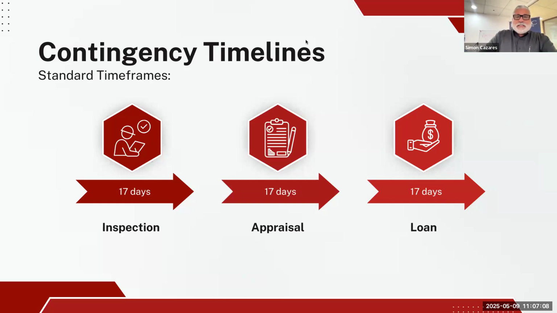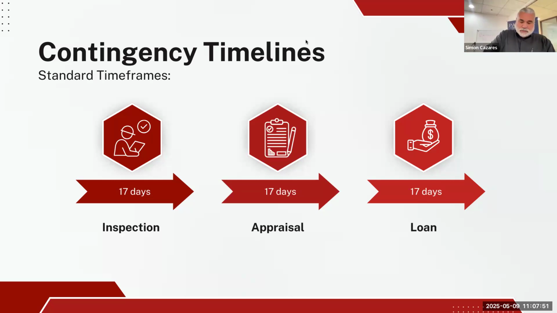Standard time frames: 17 days for inspection, appraisal, and loans. Pretty self-explanatory, right? Part of the process is, and it can also be staggered, right? Sometimes you'll see 17 days for the loan, but inspections you'll see 10 days. That's perfectly fine as long as the buyer knows they have 10 days from the time of acceptance to do any and all inspections. Also appraisal, I've seen where 17 days is not the standard, but 10 days or 12 days, as long as you and the lender know that they need to proactively push the appraisal to get done within the time frame.